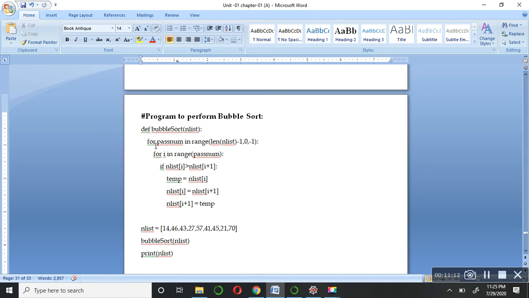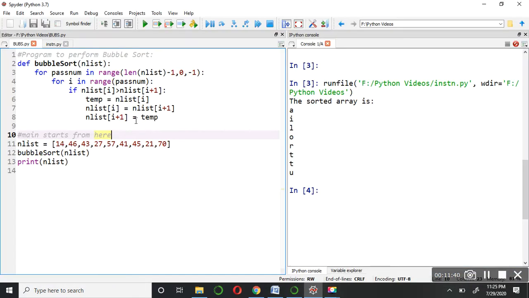So I have completed this source code with the help of a function which is bubble sort, and here are two consecutive loops given, which is called, you can say, this loop is the internal loop and this one is the external loop. Why we are using two consecutive loops here, I'm going to tell you the reason. So let's have a look in the program. So here's the bubble sort program. I have just copied the same source code.